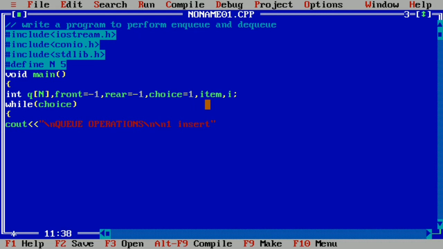Next, second choice is delete, and \n, the third choice is display, and \n, the fourth and the last choice is exit, \n. Now put semicolon, and then we'll go to cout, enter your choice.